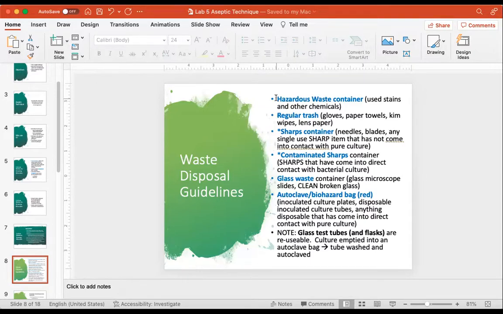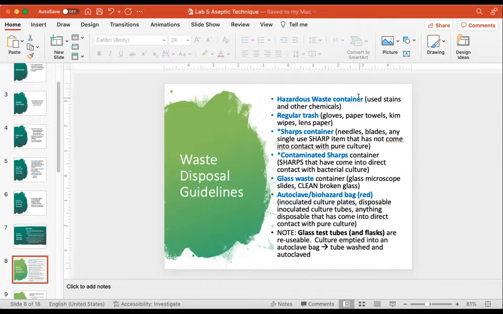So we keep containers in the lab to hold that hazardous waste, generally used stains and any other chemicals that we might be using. We pour that material into these hazardous waste containers. We label those, we put them in a safe place, and a registered hazardous waste disposal company comes and picks those up for us so they can be safely